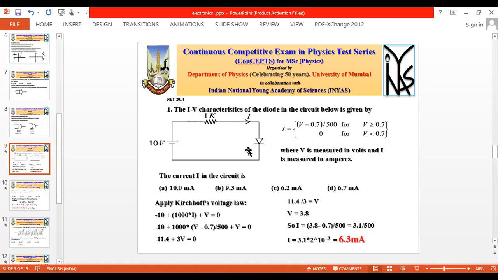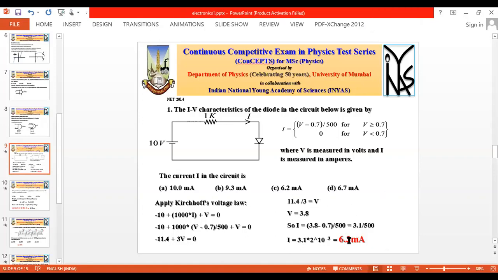Actually, right on the slide, there is a doubt. There is a question related to the answer. Is it 6.3 or 6.2? Because there is no 6.3 answer in the options. It is 6.2. Sorry, I made a mistake, it could be a typing mistake. This is my mistake. It is 6.2. I just typed it in a wrong manner. 3.1 into 2 is 6.2 only.